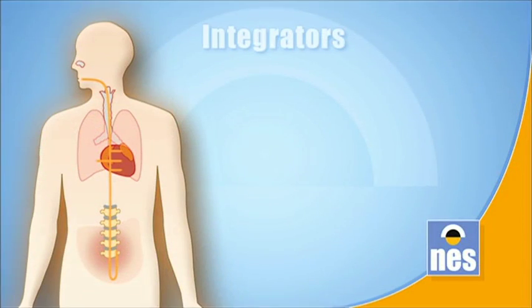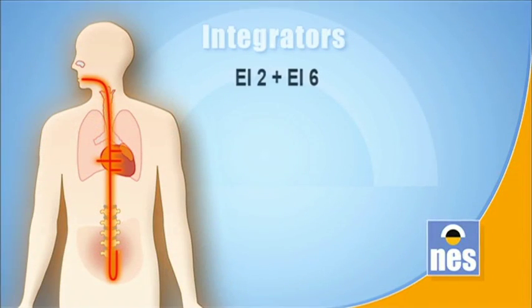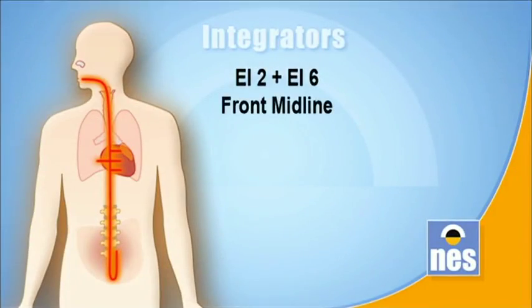Now we look at what happens when we get Integrator 2 and 6 together. That means you can use Infoceutical 2 followed by Infoceutical 6 10 minutes later. You get a special effect. This is the front midline, which goes around the mouth, right down the central midline of the body, through the lungs, down through the genitals, and it curves up to the lumbar spine, about to the middle, between lumbar 2 and 3. So the mid-lumbar spine, and you can actually use that combination for people who get that kind of lumbar backache